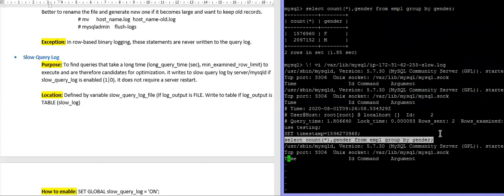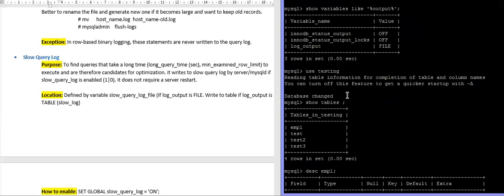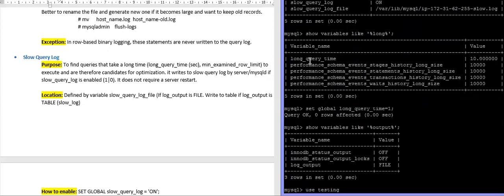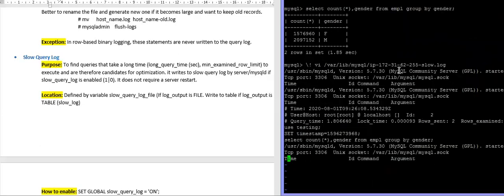That's why it logged into your slow query log file, and you set it in your parameter. What was the parameter? That was long query time. Earlier it was 10 seconds. Now you set it to 1 second. That's why it is logging in your slow query log file.